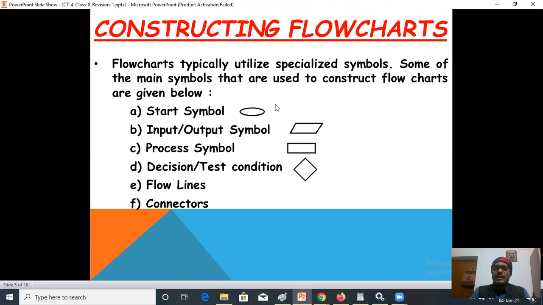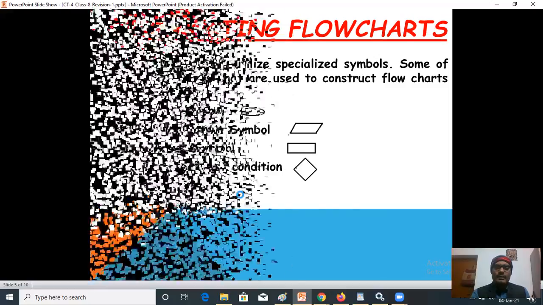Flowcharts typically utilize specialized symbols, and some of the main symbols that are used to construct the flowcharts are given below. First one is the start symbol for starting your flowchart, input or output symbol, process symbol, decision or test condition. This process symbol is rectangular in shape. Okay, decision test symbol is in diamond shape, which is used for checking the condition. Next is flow lines, and the last one is connectors. Okay, you can see here